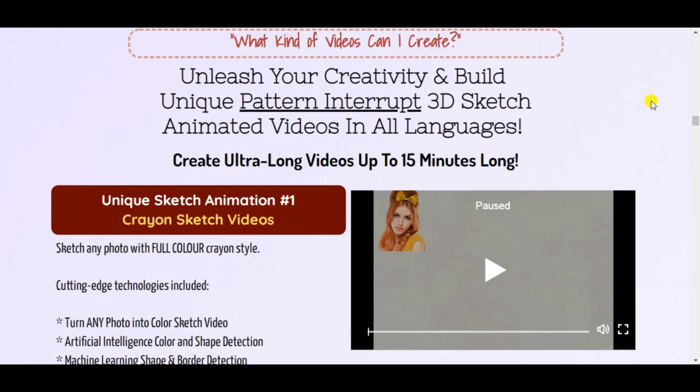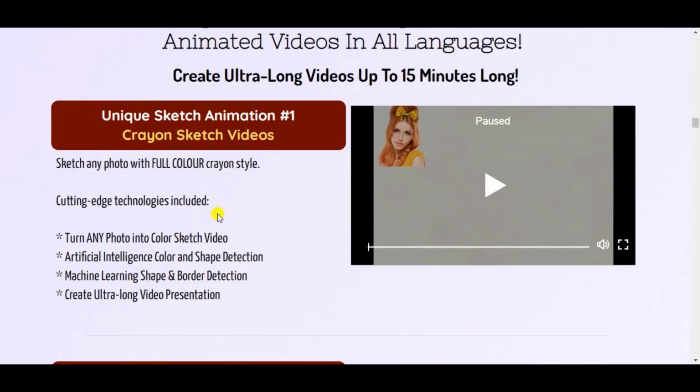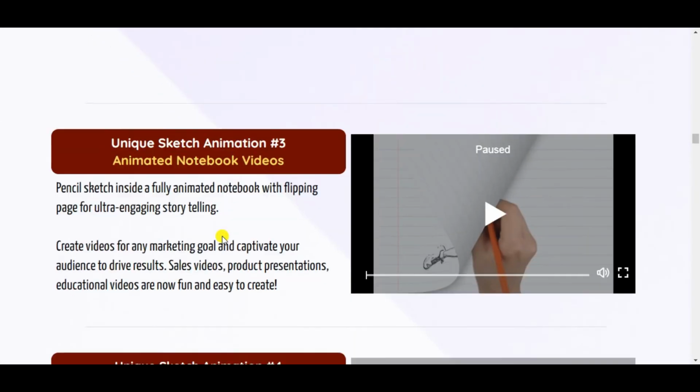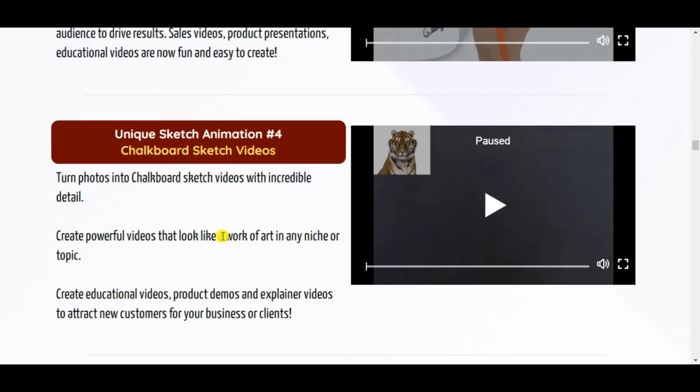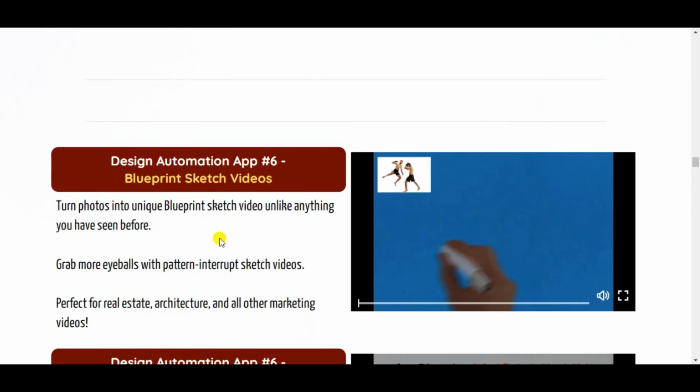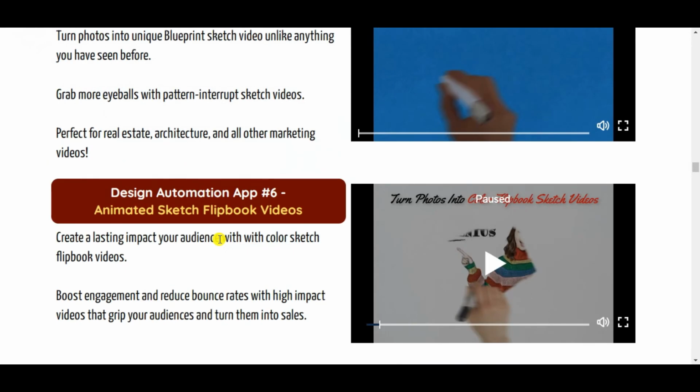What kind of videos can be created using Sketch Genius? Sketch Genius unleashes your creativity and lets you build unique pattern interrupt 3D sketch animated videos in all languages. It helps to create ultra long videos up to 15 minutes long. We can create crayon sketch videos, charcoal sketch videos, animated notebook videos, chalkboard sketch videos, color pencil sketch videos, blueprint sketch videos, also the animated sketch flipbook